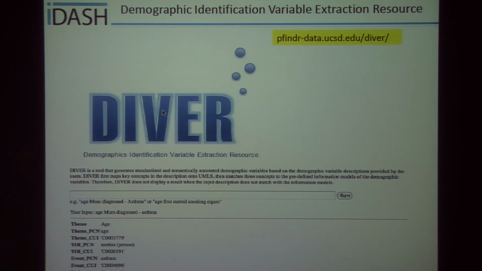Using that information that we have been investigating of the current dbGaP system, we developed 2 tools, first of which is known as Diver, which served as the back end of our system. And what Diver does is it annotates free text descriptions like you see there, and annotates them for the key information. This back-end system then supports the information modeling process. This is one of our tools that is currently under review.